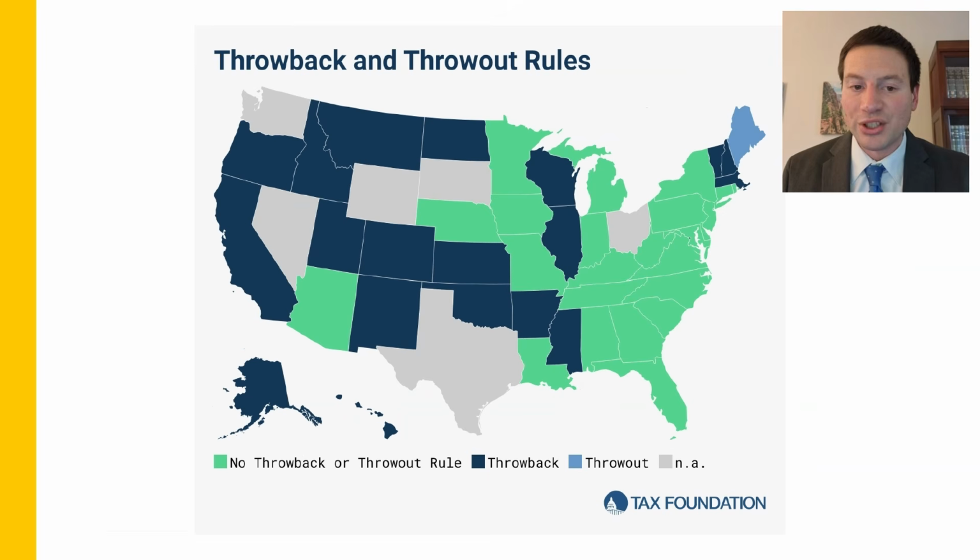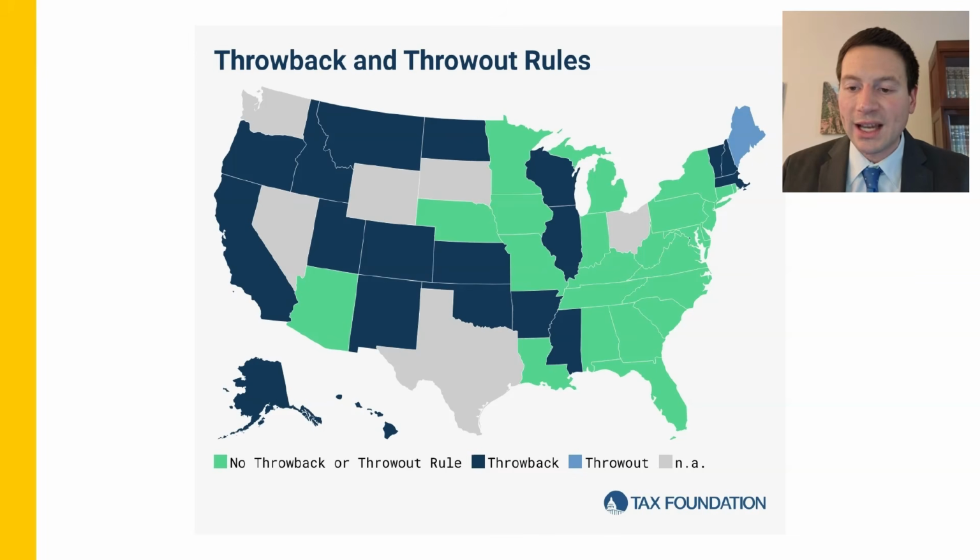I mentioned a few moments ago Throwback and Throwout rules. These are about instances where a business is not taxable in a state where they have activity. Now, I don't say they are not taxed. A state choosing not to impose a corporate income tax, or a state having incentives that wipe out a company's liability in that state, that's not what this is talking about. This is a nexus question. If a business doesn't have nexus with a certain state, and they're selling into that state, that creates nowhere income